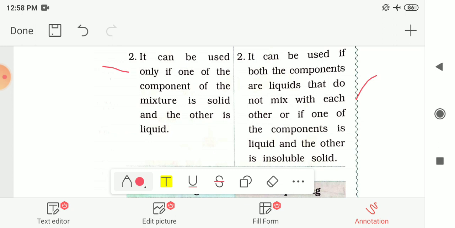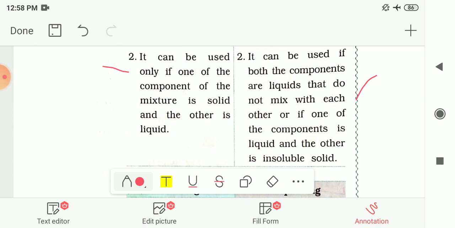So this is filtration and decantation. In filtration we can separate both the lighter and heavier insoluble solid impurities from the liquid, while in decantation we can only separate if the insoluble impurities are heavier in weight. So we can separate this kind of impurities from the liquid by the method of decantation.